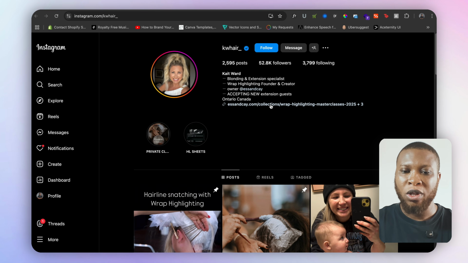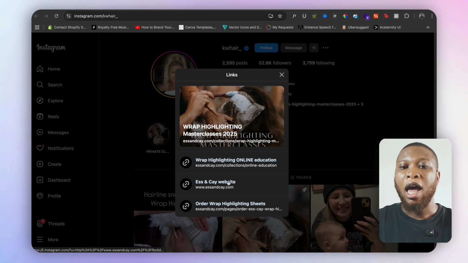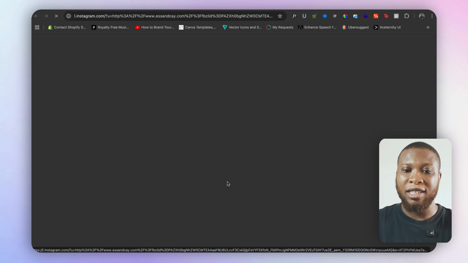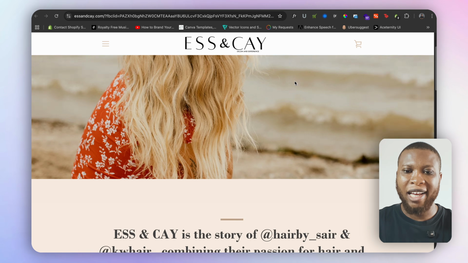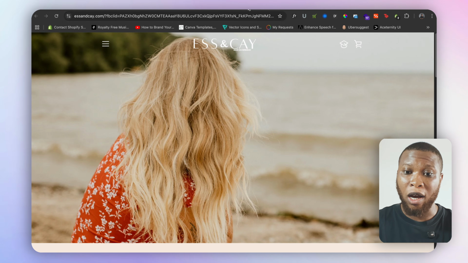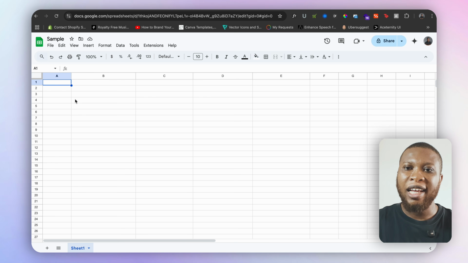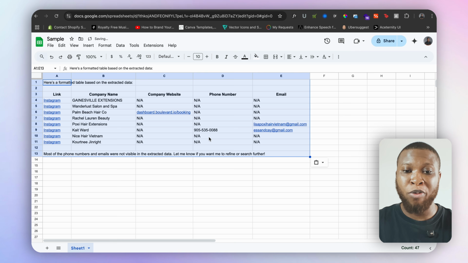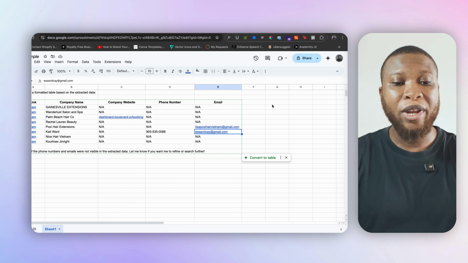So what I can do is that just for curiosity's sake, I'm going to click on this and see whether I can find anything on the website. And now the website has opened up and then I can see what the website is all about. Go back to my ChatGPT. Again, I copy the information and then I go to a Google spreadsheet and paste that on a spreadsheet. Now that we have